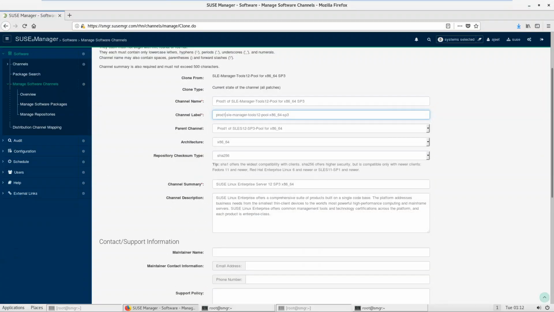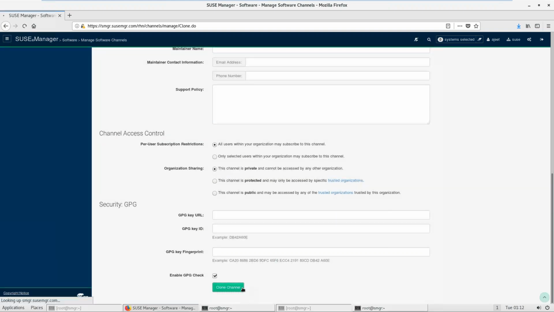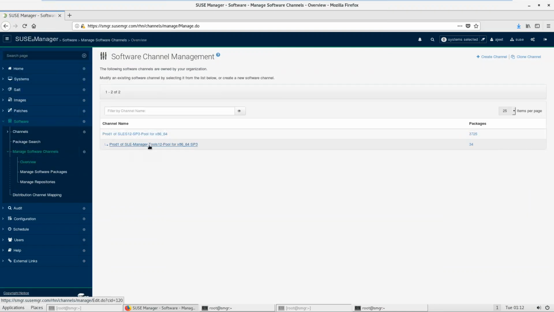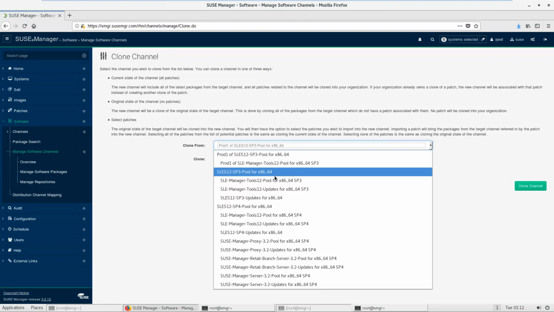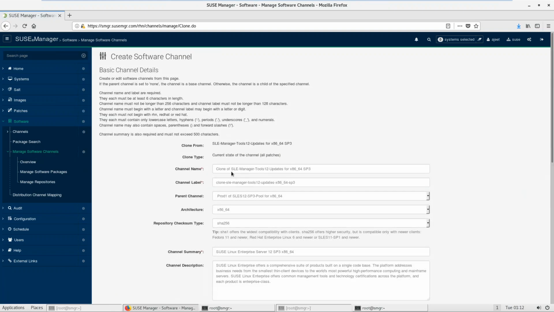So yes, now this SUSE Manager tool has been cloned. Okay, let's check this back. Yes, Manager tool is there. Go to the same, select clone, then this one, next, click